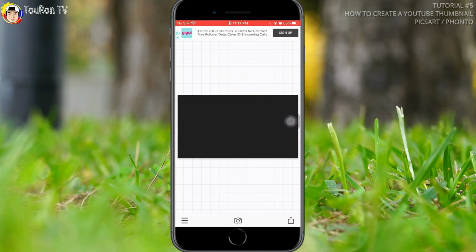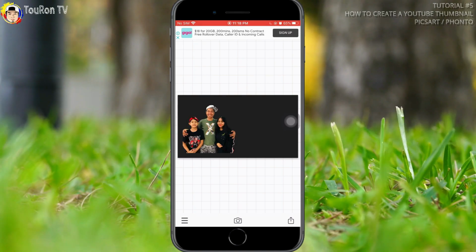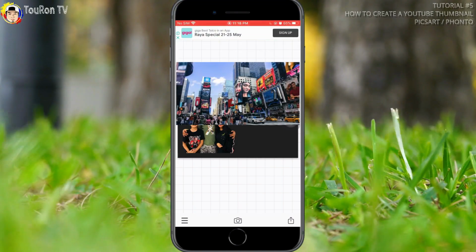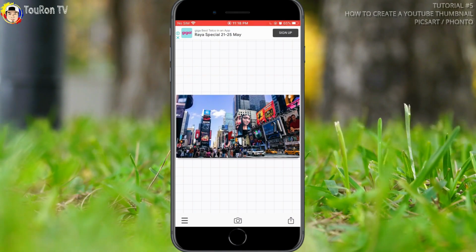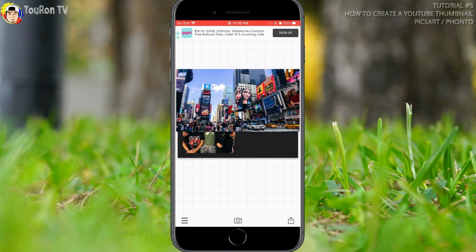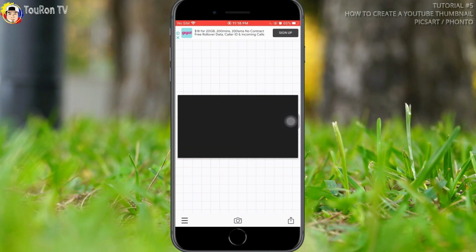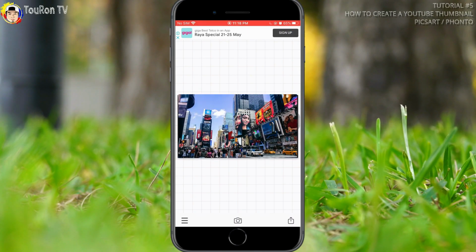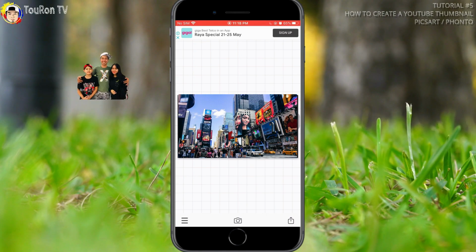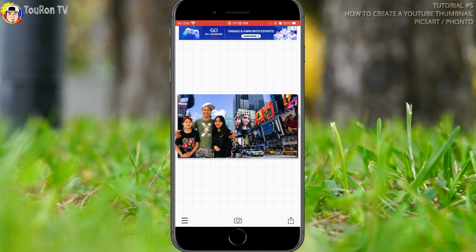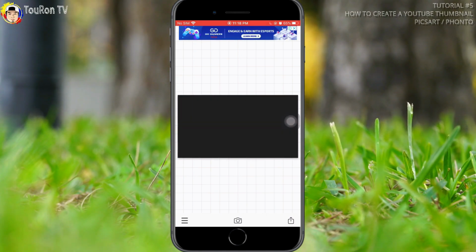Because if you're going to add the photo that we have created by PICSART and then add the background later on, what will happen is the background is going to be covering the photo that we have done on PICSART. So we need to set the background image first, then add the one that we created from PICSART. To do that, all we have to do is just to tap on this icon with the 3 bars